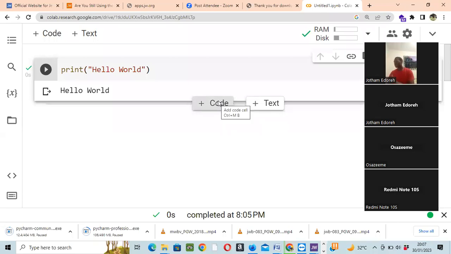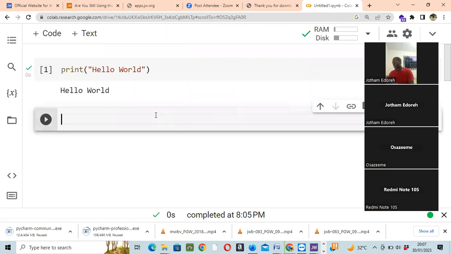This is why I love this. I'm going to click on Code here, and it's going to add another block for me to write code on. I can create what are called variables. We'll discuss variables later. Let me just run an if statement so we don't get confused. Let me say if